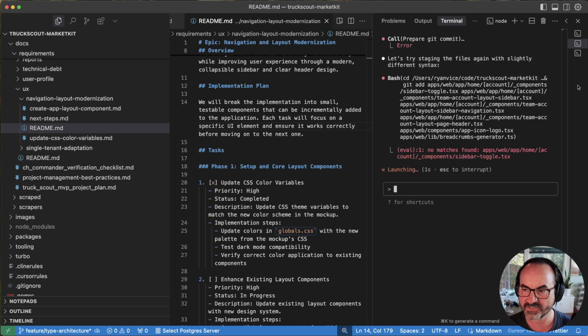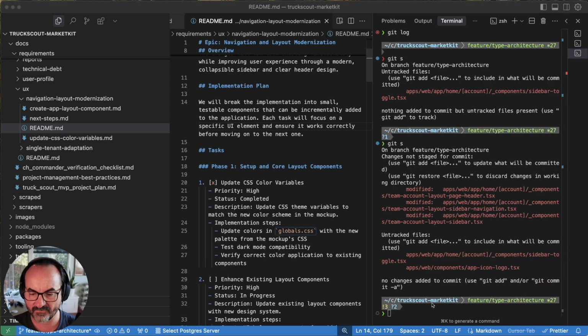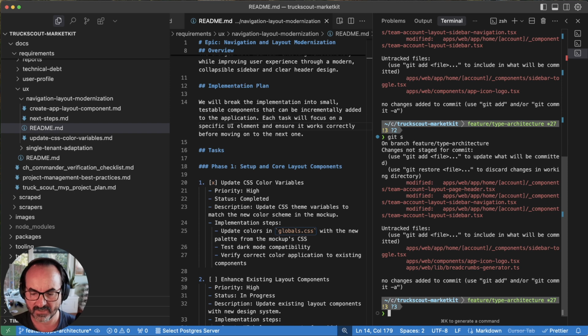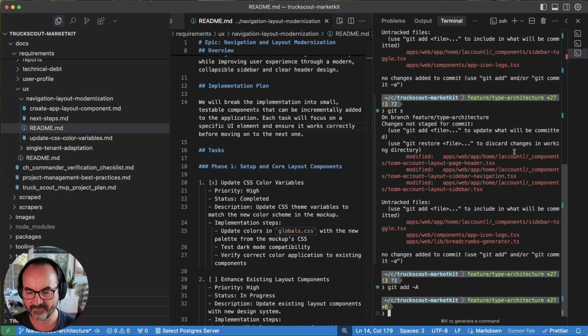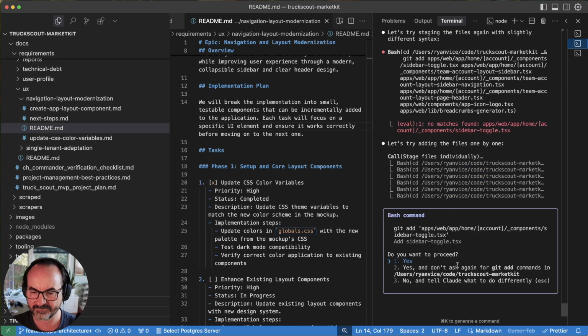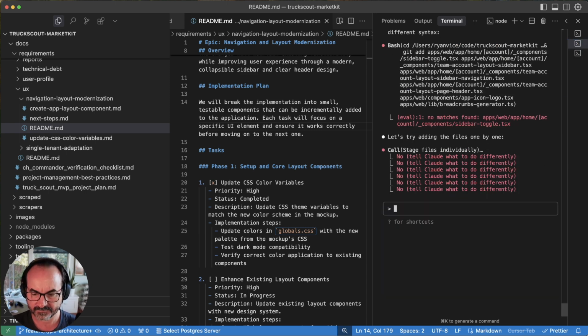So it's adding all the stuff. I find that it will leave some files not committed. So I usually will come over and do a git add -a, and then tell it, I've staged all the files. Can you commit with a message